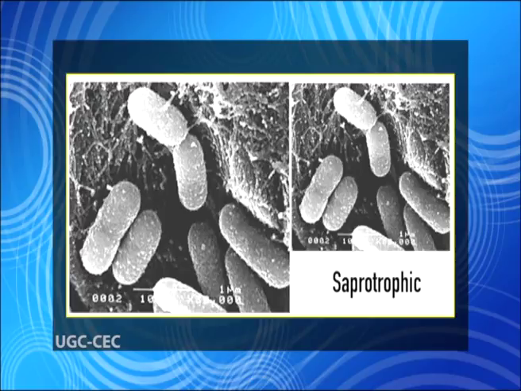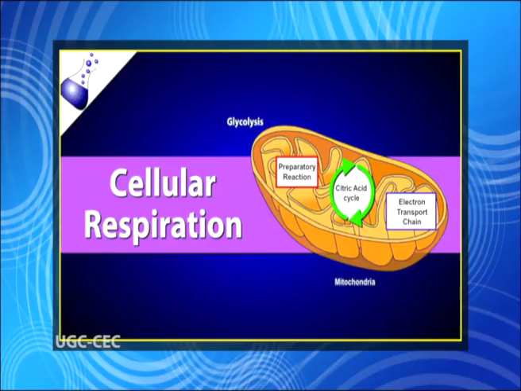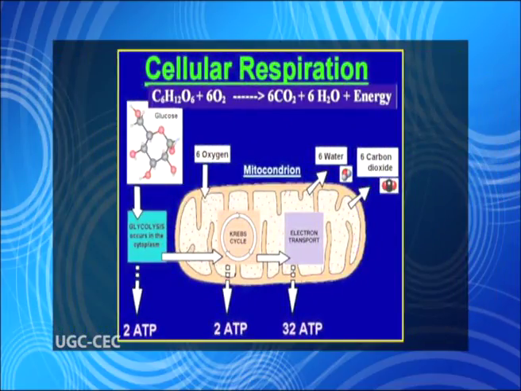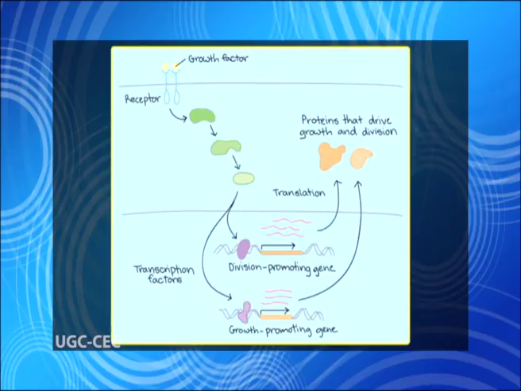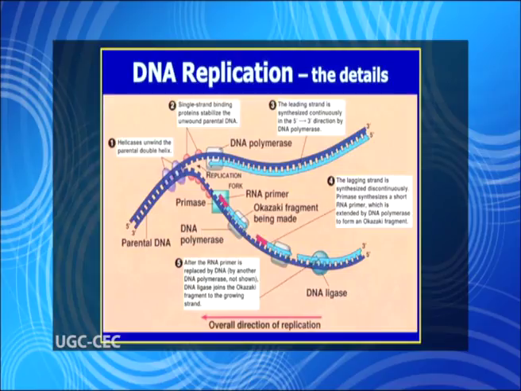Many bacteria are saprotrophic. They show saprotrophic nutrition. They release enzymes out of their cells and digest food materials in the extracellular environment. So far as intracellular metabolism is concerned, it is a type of metabolism which occurs within cells. In this type of metabolism, chemical reactions are directed by genes, catalyzed by enzymes. It's a very complicated metabolism and includes cellular respiration, protein biosynthesis, gene expression, gene regulation, gene duplication, and all other